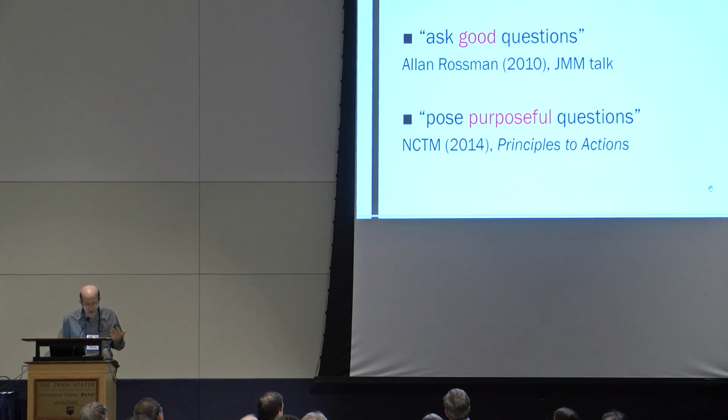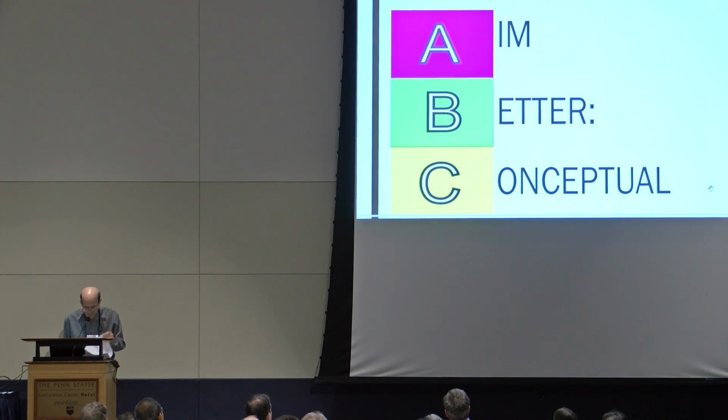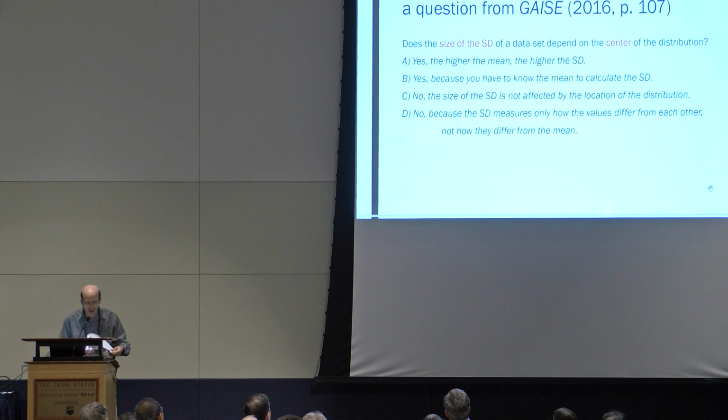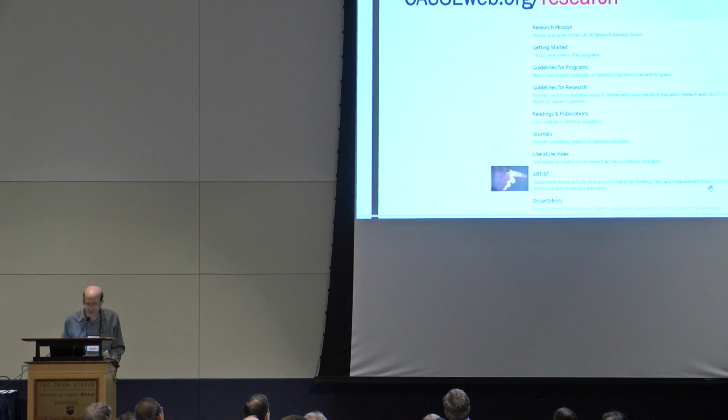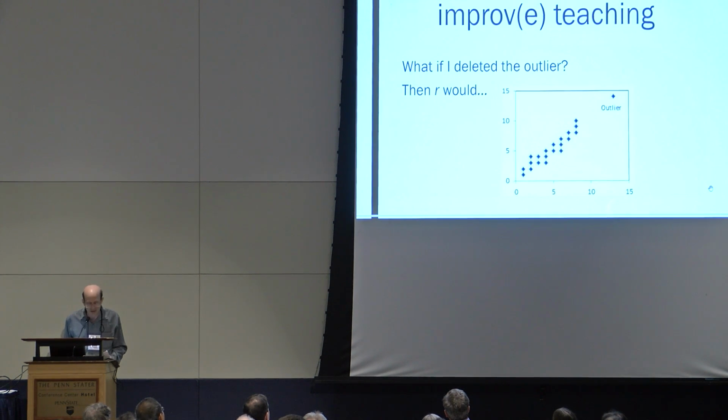And good questions aren't just recall, they follow the GAISE recommendation that it's better to aim for conceptual understanding, right? GAISE itself has examples of writing and revising items, and online, there's many examples there. There's also online collections of clicker questions by people like Derek Bruff. You can also get ideas from items in the ARTIST collection, and ARTIST, of course, is one of many resources on CAUSEweb. But half of my questions are actually unplanned in class, orally improvised in the moment,